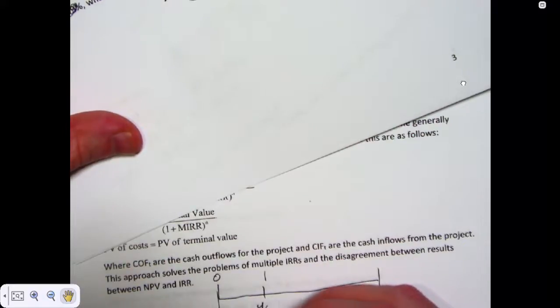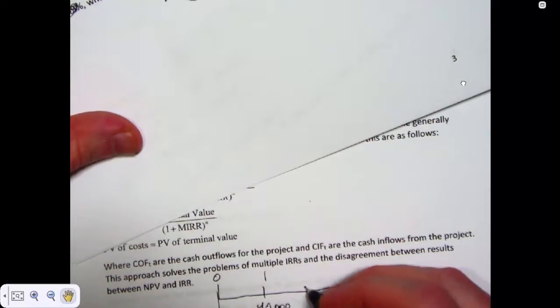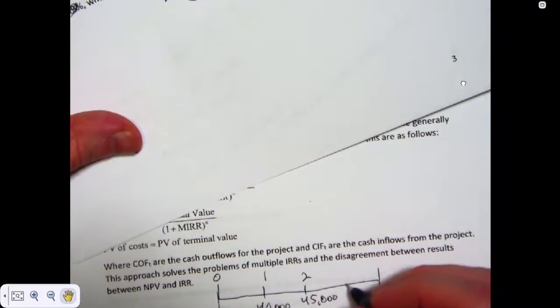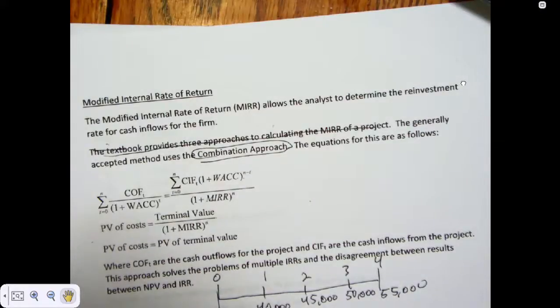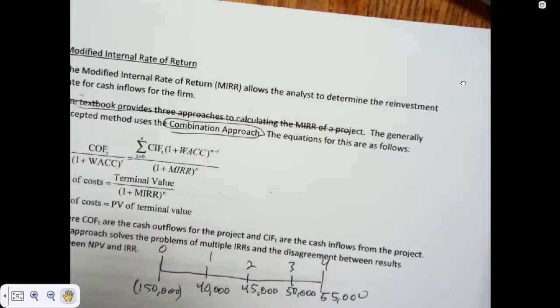At time 2, we expect to receive 45,000. At time 3, we expect to receive 50,000. And at time 4, we expect to receive 55,000. So what MIRR does, with that, we find the future value of these cash